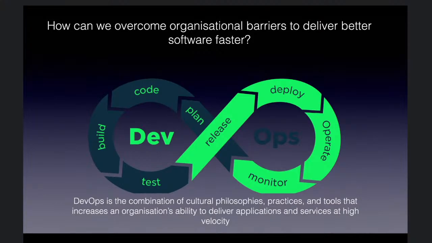So you can see this symbol is an infinity sign, and if you're used to DevOps, you'd have seen it come up once or twice. It's actually an infinity for a reason. It's just continuity, right? You can see that there is a portion that is the dev place and a portion that is the ops place, and it goes in that loop. Once the DevOps guys plan and build the code, they test the applications in other environments and push a release. Then operations continue from there. They deploy, they monitor, and we feed back into the dev loop.